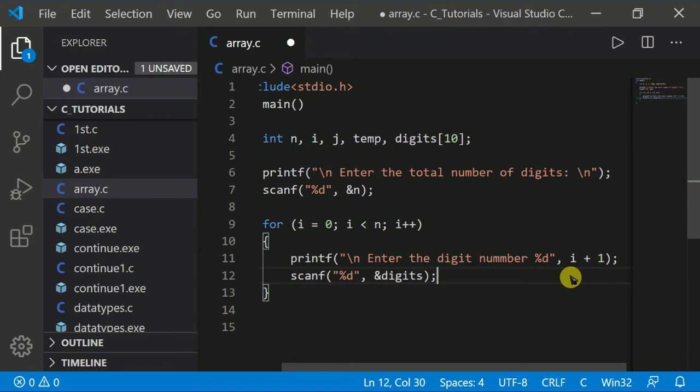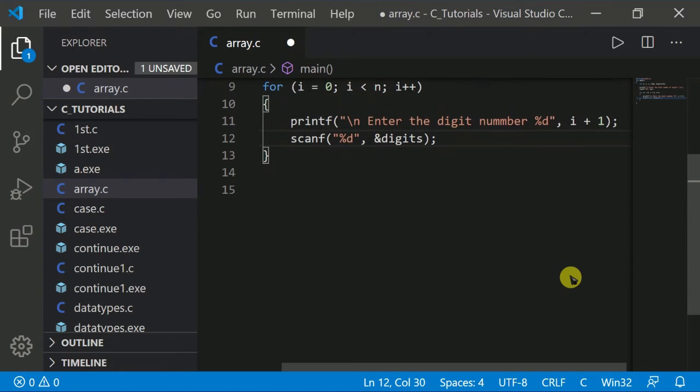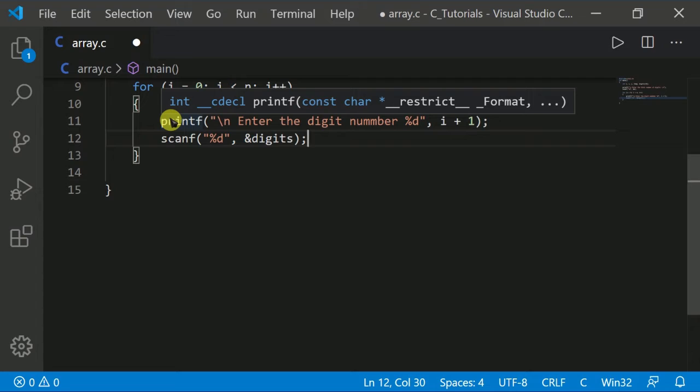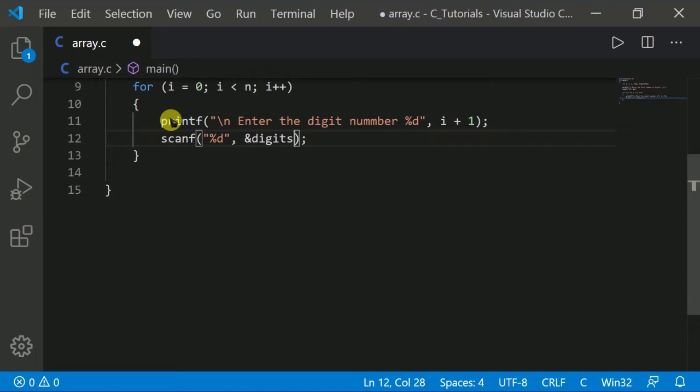Now, in the nested loop each element will be compared to all the elements below it. It means we have the for loop, and from here our nested loop starts: a loop in a loop.